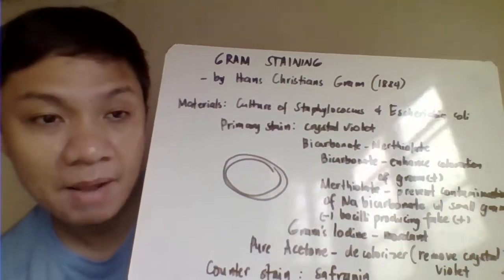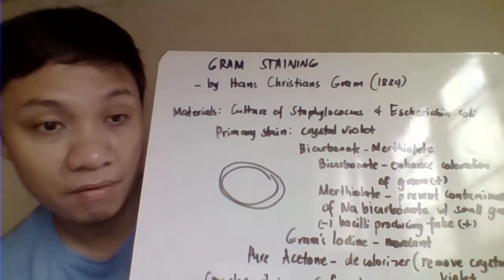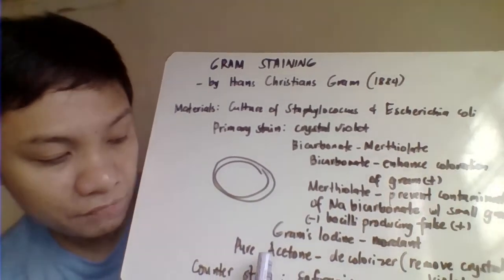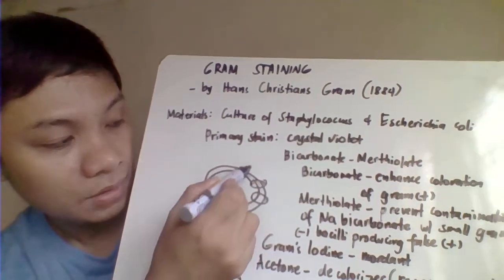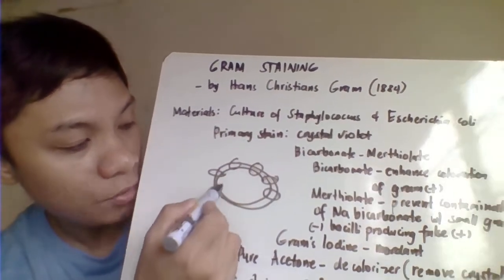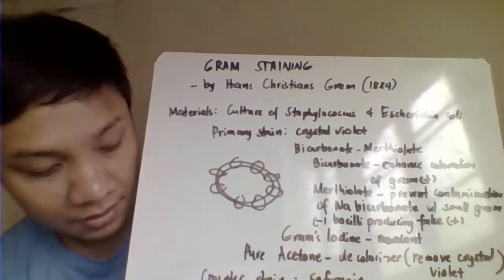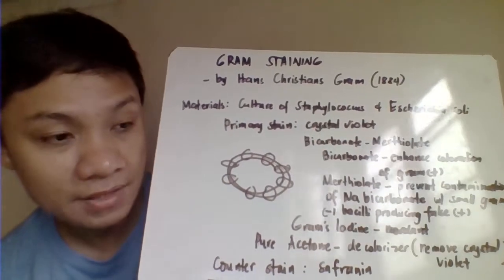In the case of gram-negative, remember that the gram-negative cell is primarily made up of a thick layer of lipids. So upon addition of acetone, it will form pores. Eventually, the crystal violet will escape. Therefore, upon addition of the counterstain, the safranin,